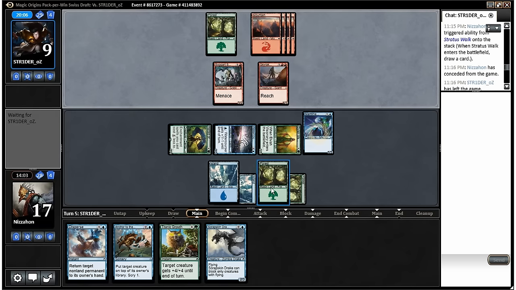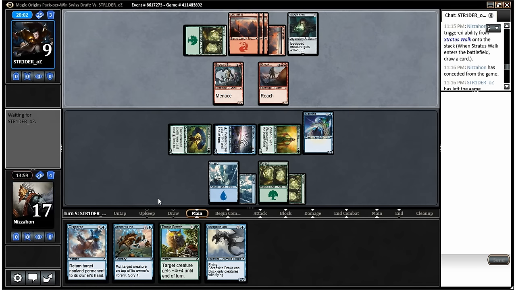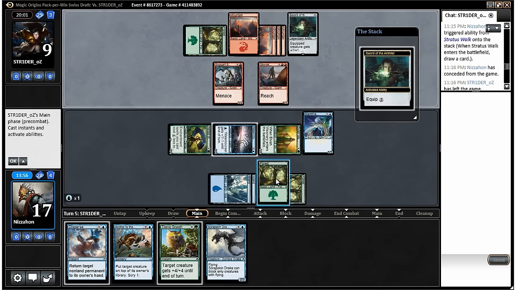If he tries to play an Aura here, I'm pretty happy too. Okay, Sword. Not bad. He can try to equip it to something, and I'll bounce whatever he tries to equip it to. Then he can't equip it to anything, so...